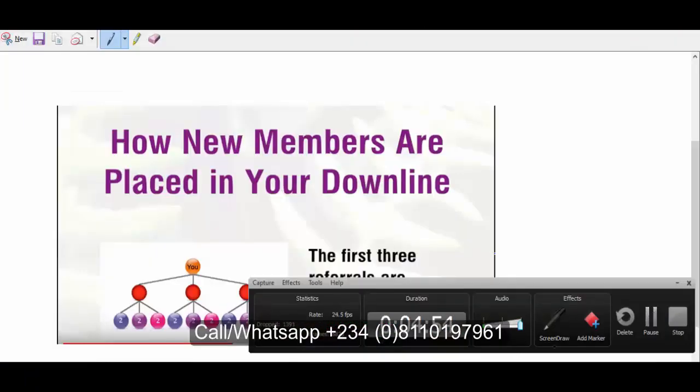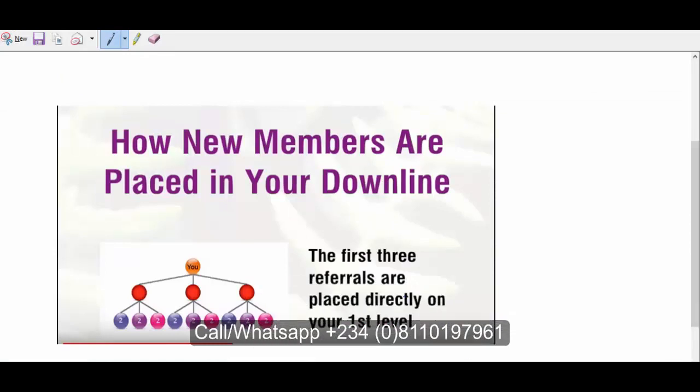Now before I move on, I have to show you how exactly the 3x2 forced matrix system works. I mean, what it means to be a 3 by 2 forced matrix system. What it actually means is that the script has a width. The horizontal width consists of 3 people. So that means you as the admin are here, and now we have 3 people: the first referral, the second referral, and the third referral. So the width of the system is 3, while the depth of the system is 2, and that's where 3 by 2 comes from.